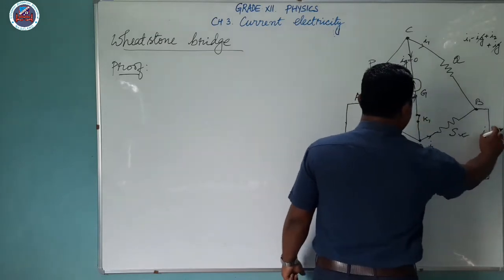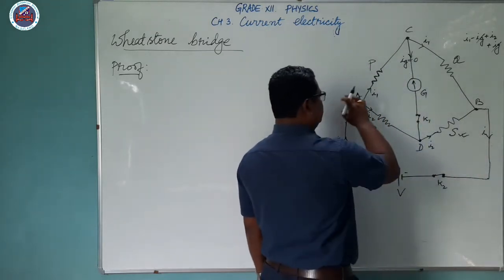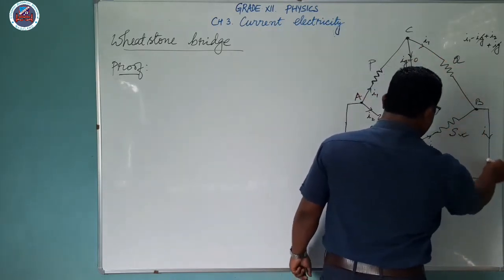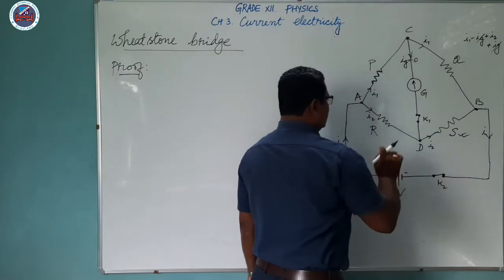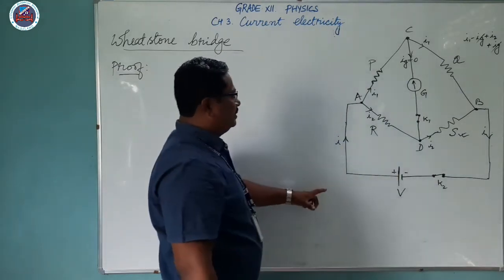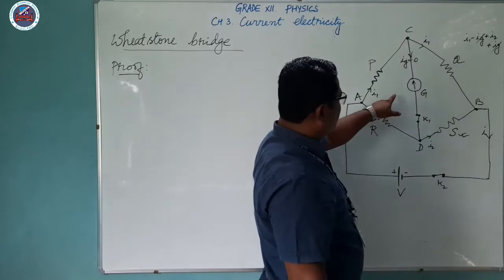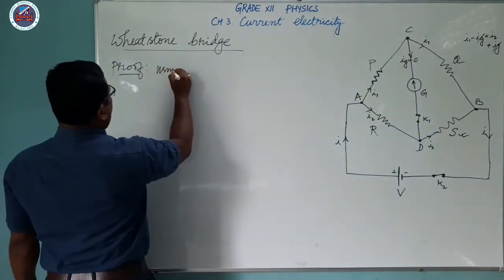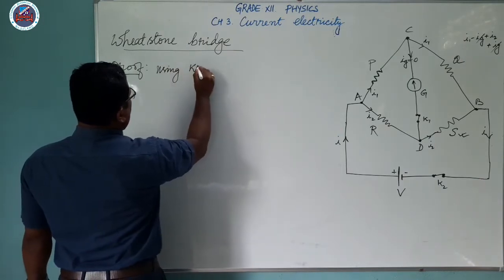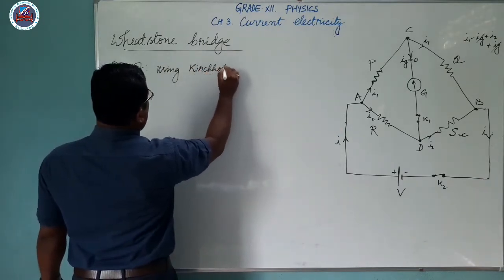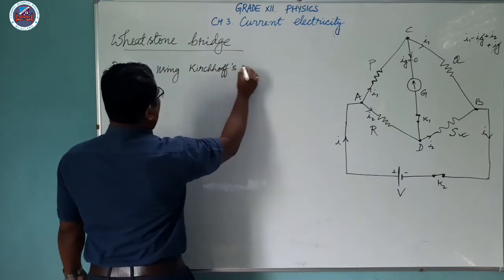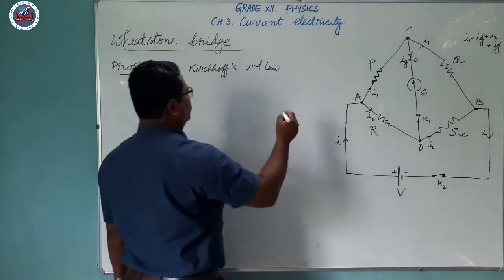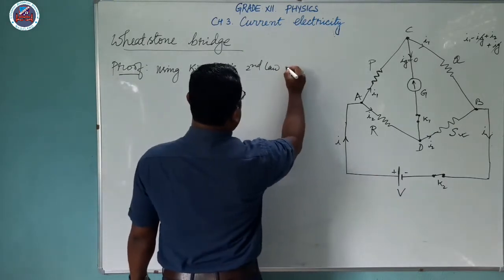So you have sent current I with this cell, and then you got back current I. It will complete the circuit. During this state, if you use Kirchhoff's second law, or you can say Kirchhoff's voltage law, KVL, you can write in the loop